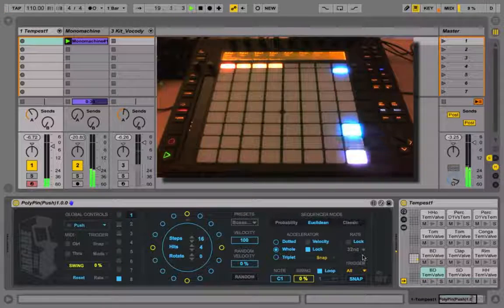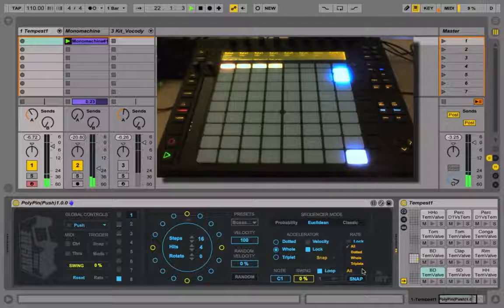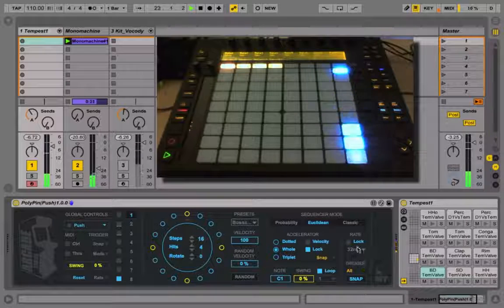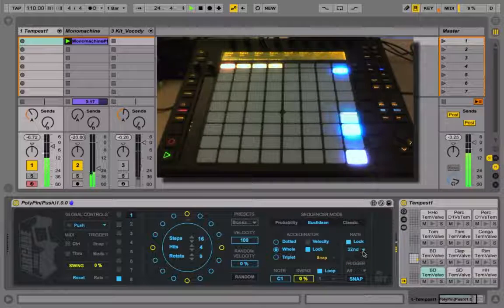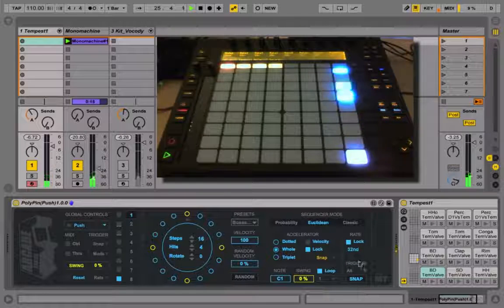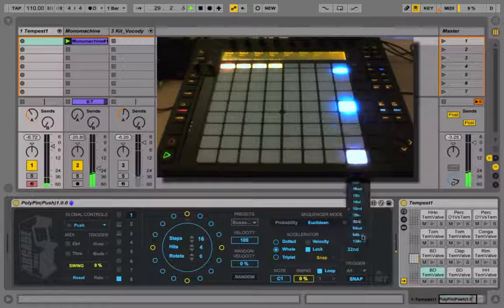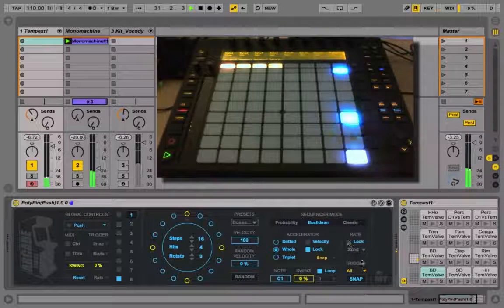You have some choices as well, so you'll see that this menu becomes active when lock is turned off, and it's whether you want to force the rate to be either whole notes, triplets or dotted. At the moment it's set to all, which means it will go all the way through everything that's on the menu, based on your velocity. Or you could just choose whole notes, and that